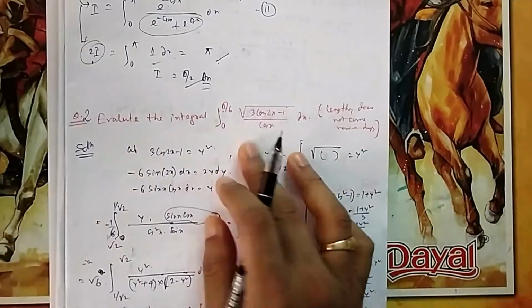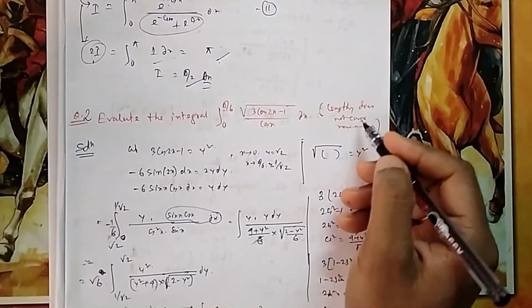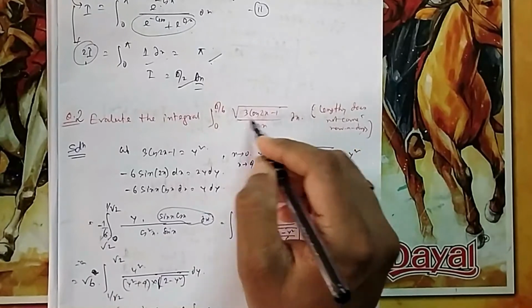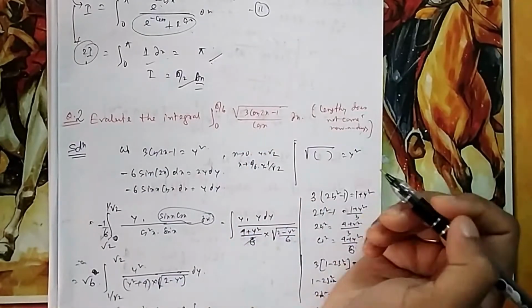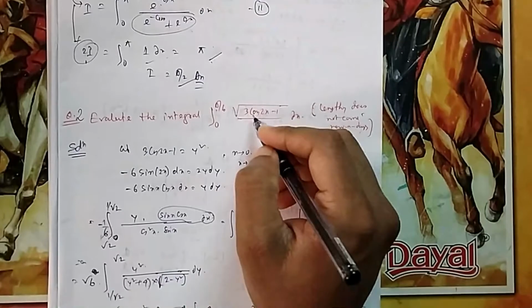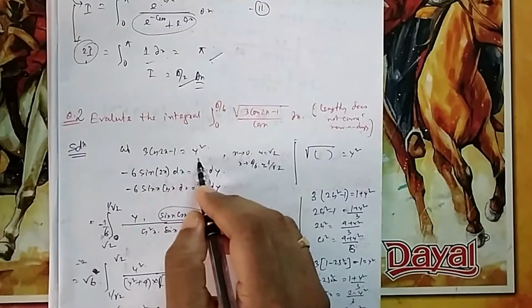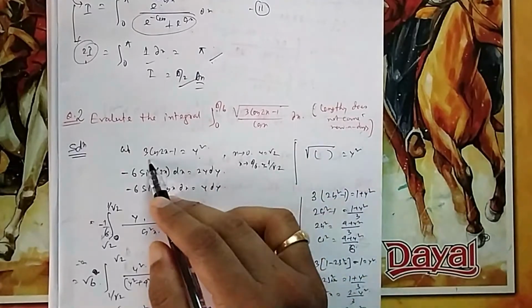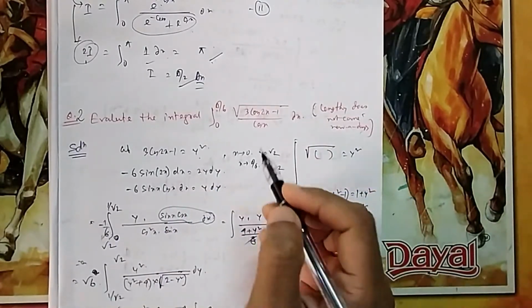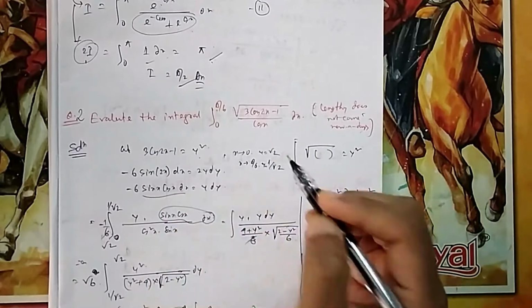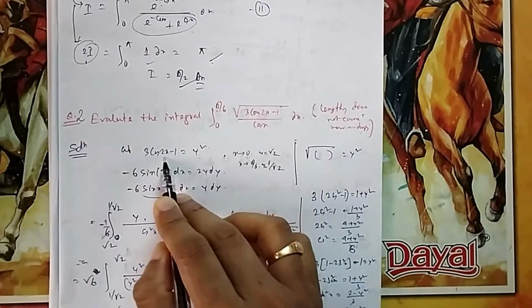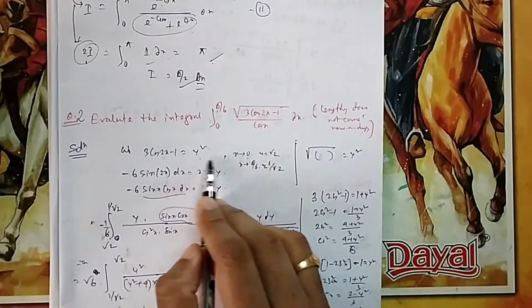Next, this type of integration, but these are lengthy integrations that don't come nowadays. So for this integration, what I tried is this way, because a root is there, I tried to write it as y square, because if there is a root, there is always a temptation for doing this equal to y square. So if you integrate this one, you will get this one, and if you change this limit, if you change x equal to 0, then what will be this value? You can easily find 3 minus 1, 2, so it will be root 2.